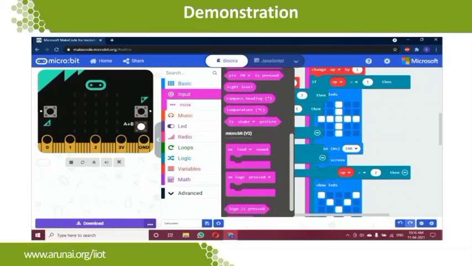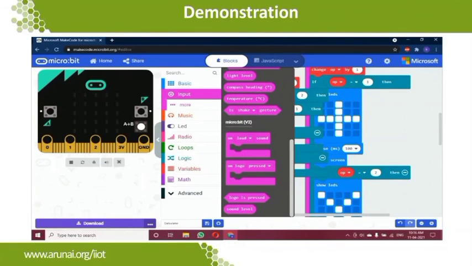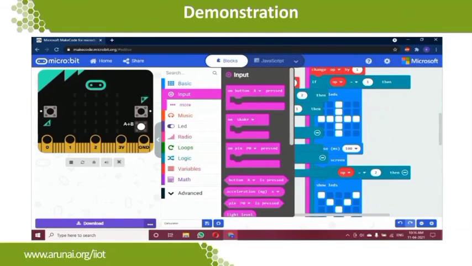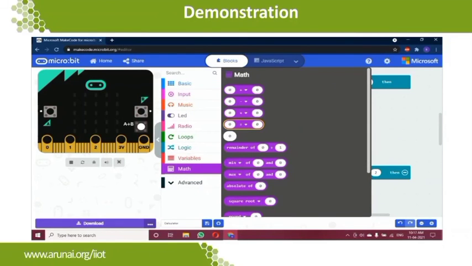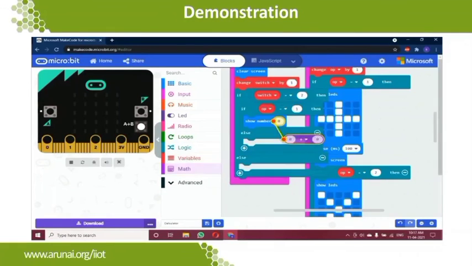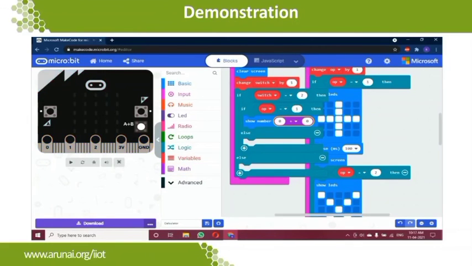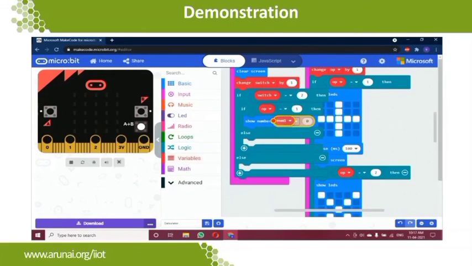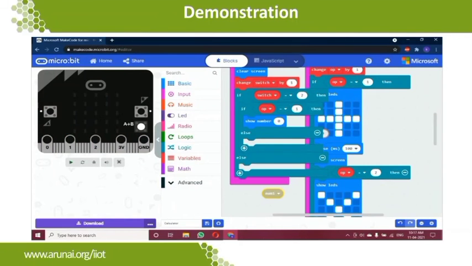So first, the condition is switch is equal to 2. If it is 2, then we are getting into the block, and again we are checking the values of operators. So in operators we are going to display the results, as I said. We are going to display it using the show number block. If we are going to show the number, we have to process it, right? We have to process number 1 and number 2 with the specific operator mentioned by the user.